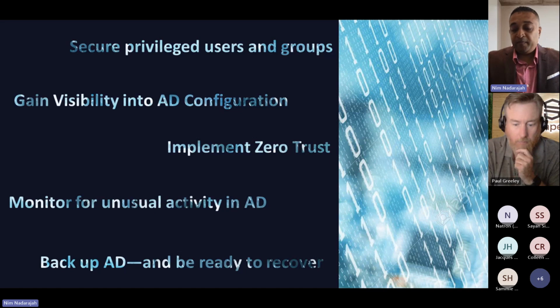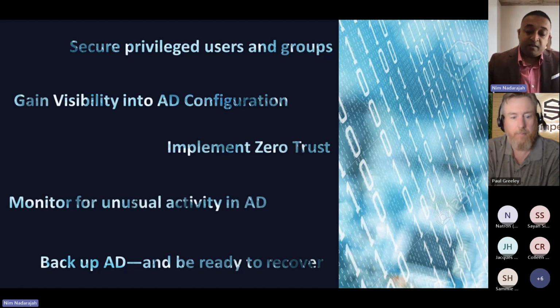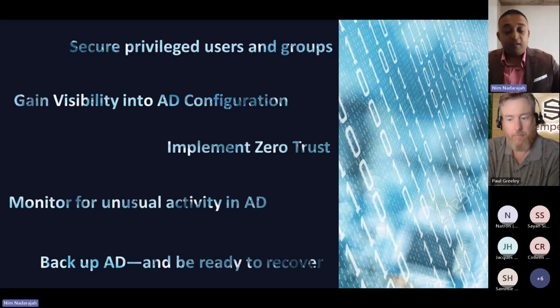Ready to recover is actually 3 words, but they're very heavy because it means that you're confident, you're capable, and you have validated it. There's integrity to it.